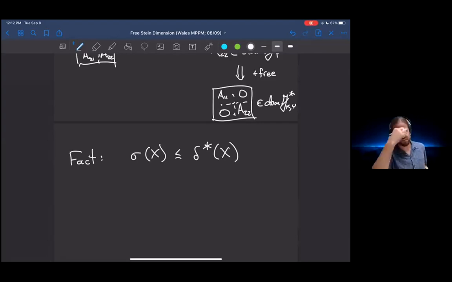So at the beginning of the talk, for example, I mentioned that maximal free entropy dimension means that there are no non-commutative rational relations amongst the generators. And well, because maximal Stein dimension implies maximal free entropy dimension, that tells us that if you have maximal free Stein dimension, you get this result as well, that there are no rational non-commutative relations among the variables, which is nice.